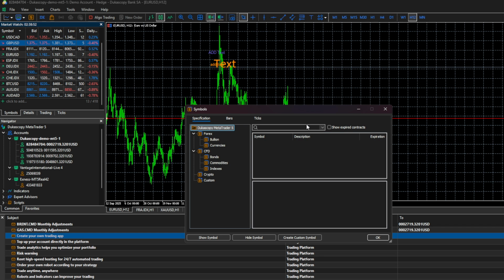From here, you can right-click on US30 to open a chart, check its price, or prepare to place trades, just like you would with any